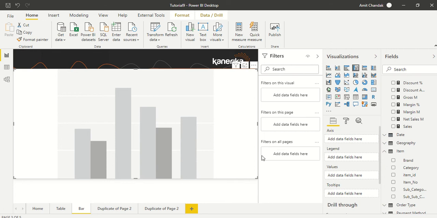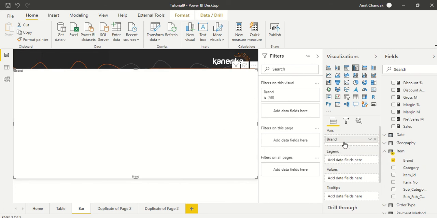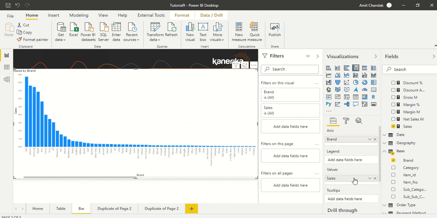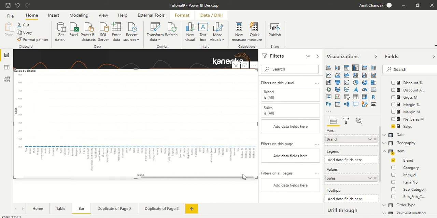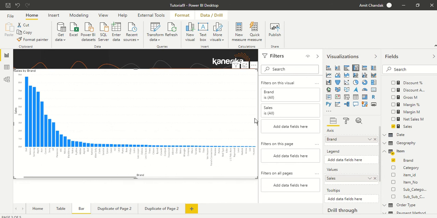The first thing we are going to do is drag something onto its axis, and brand is the one we are going to drag onto the axis. Once we drag the brand, it is not going to show anything because there is no value attached to the y-axis. So to get the values, let's drag sales out here. Now once we drag sales, we start seeing a lot of values,